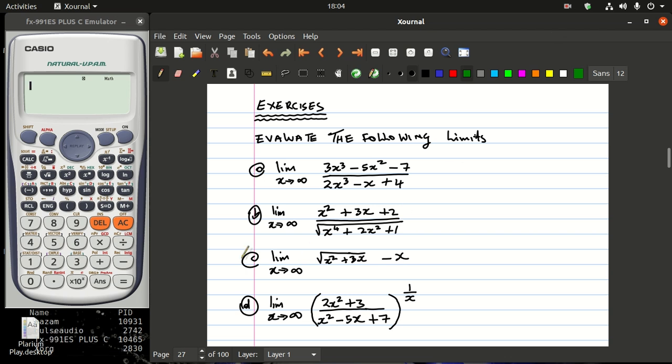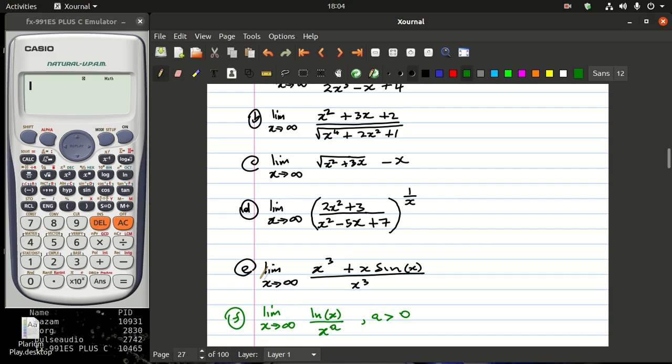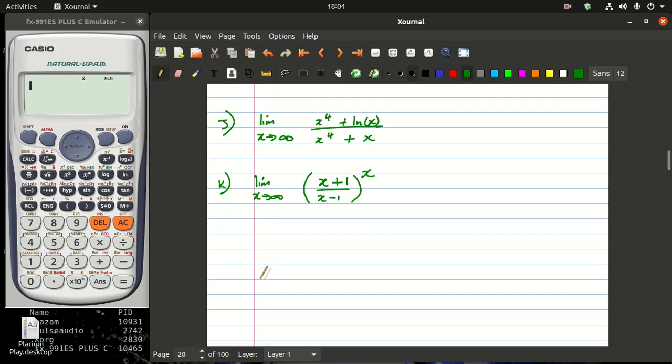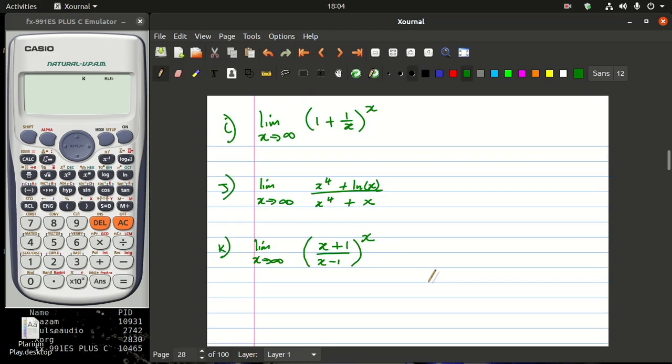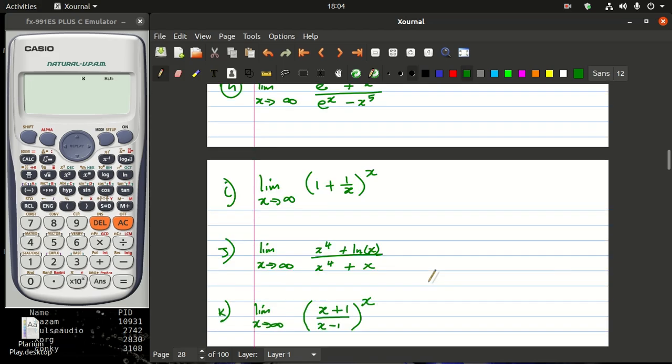I want us to take these examples and see if we can solve them. I have some questions here, about 11 of them. We have A, B, C, D, E, F up to K. And of course, if you were to notice, you would find out actually that this limit is actually exactly as